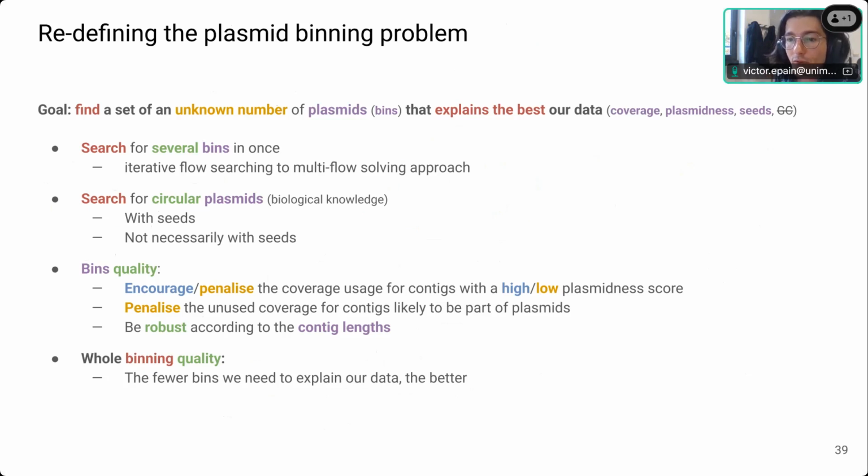So we want to use this data, and we will trust the previous tool. Okay, we want to also be robust according to the contig length. And as for the global binning quality, we will adopt a parsimony approach. The fewer bins we need to explain our data, the better.